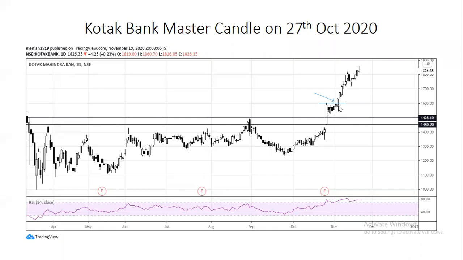I can see 5 baby candles. So this is called time correction. See, price wise, there is no correction going on. Time wise correction is going on. And finally, you can see we got a breakout and then a one-side move after that. So this big bullish candle again became the master candle. And these are the 5 baby candles. So here you can design a bull call spread or a bull put spread.